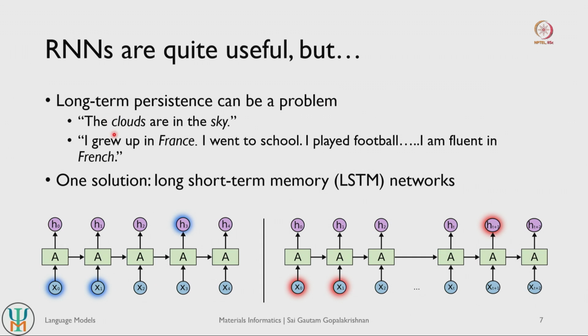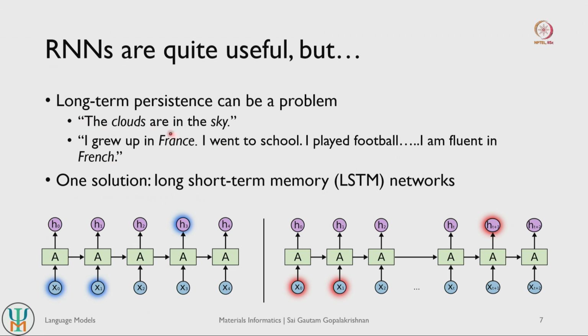But recurrent neural networks also have problems in terms of long-term persistence. So what I mean by that is, let us say you have very long sentences or associations that come in very late compared to what information the model has seen before. The model can still have problems ensuring that it remembers all that information. So I will give a couple of examples, right.